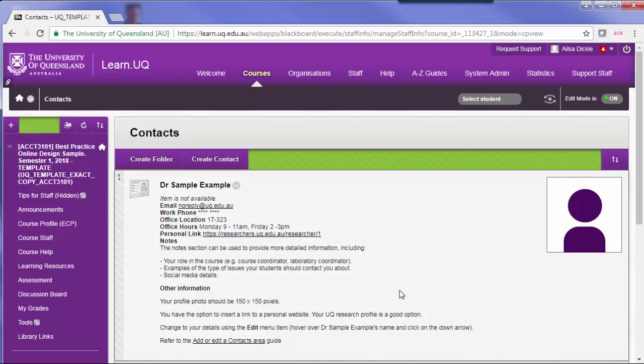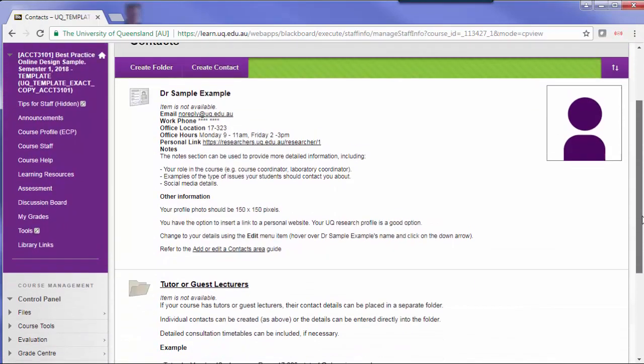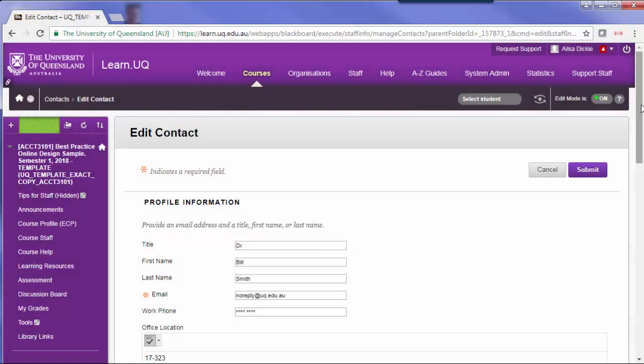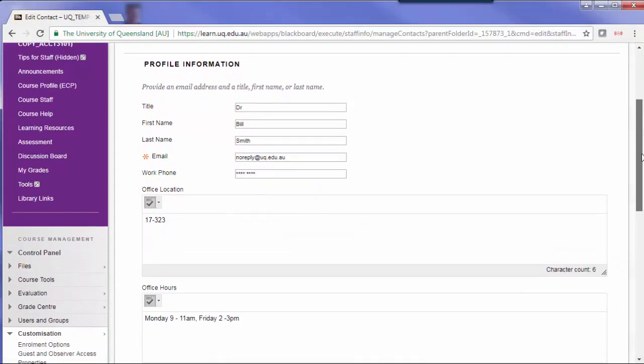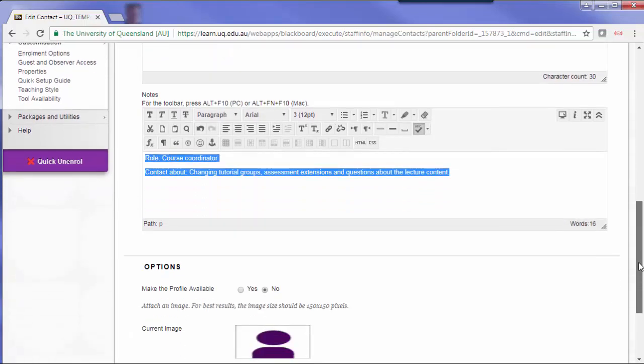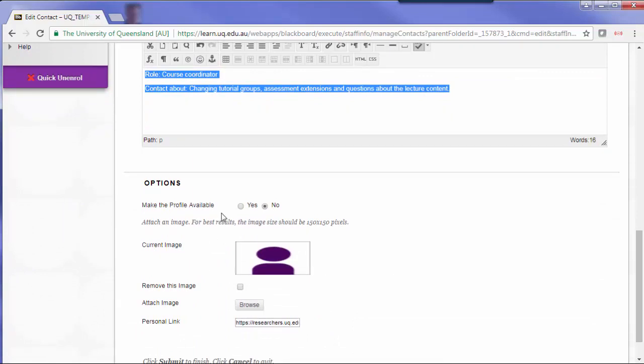If you only have a small number of staff, you may just want to put them all straight in the course staff area. So I'm just going to edit the sample. So I've just paused the video and added in some details. I put in my role and example of what I should be contacted about, and I've deleted the extra help text, and should also then